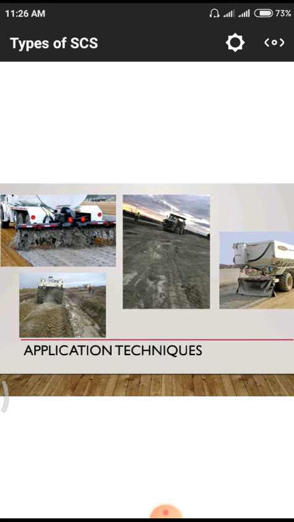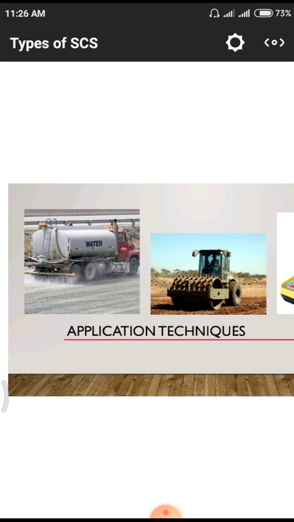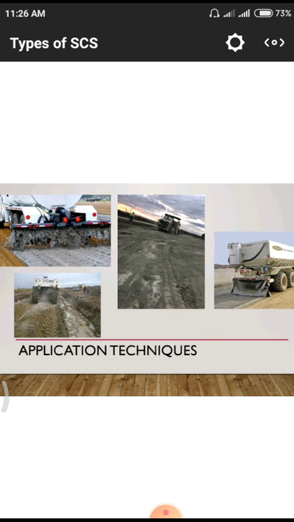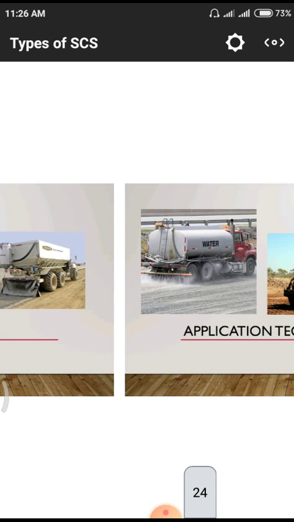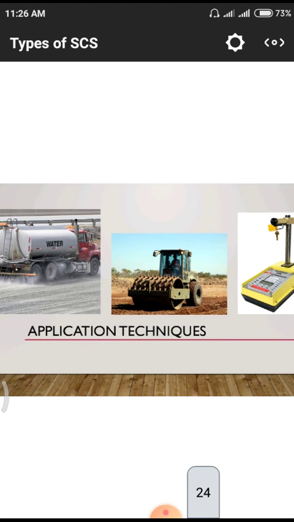It is the application techniques: how they have to go for the spreading of cement, mixing of cement, and water pouring, and after that we have to go for the water spreading. Here also we have to observe application techniques. First of all, the day after that, this is the total mixing of the existing ground with cement, and then we have to go for spreading a small water layer, and then we are simply doing the densification with the sheep foot roller or smooth roller.